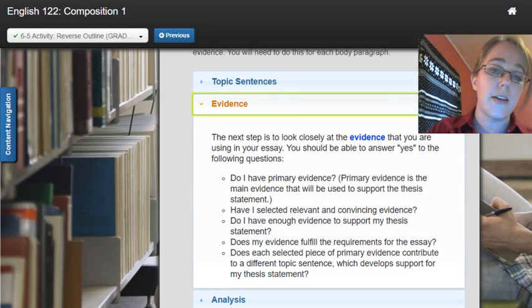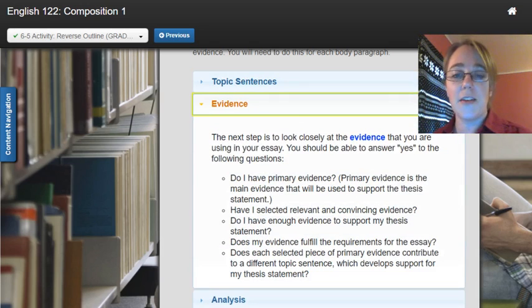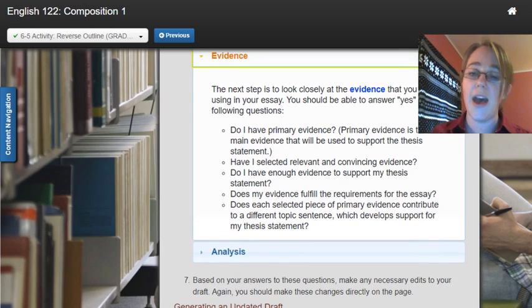The E part in our little T mixture here is evidence. So after our topic sentence, do we have evidence to support that? We want to be able to say yes to the following questions. Do you have primary evidence? Do you have those direct quotations or that paraphrase content to support the claim that you're making with your topic